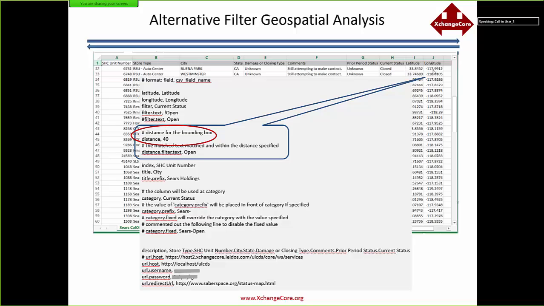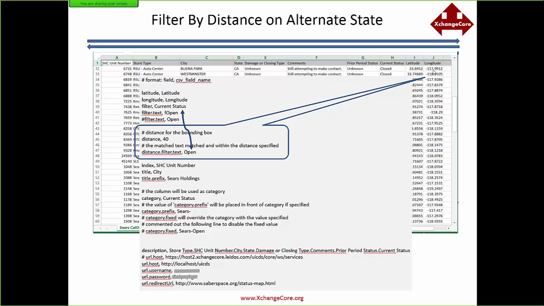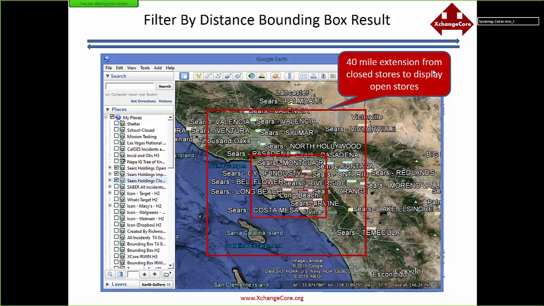Because I want to go back to this data, look at it again, and say that current status now, if it's open and within those 40 kilometers, I want you to create another XchangeCore record. So picture the example. This is from the National Multi-Level Exercise. I've got all those little red boxes in there that represent spheres that are closed. We did a geospatial analysis of that, found the maximum extent of those spheres that are not closed,